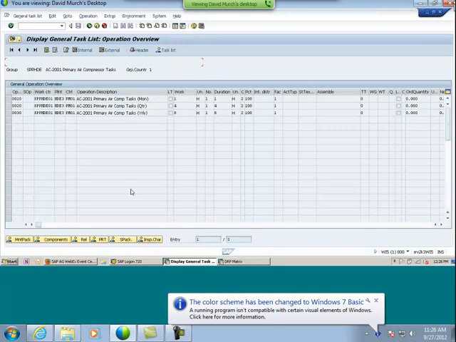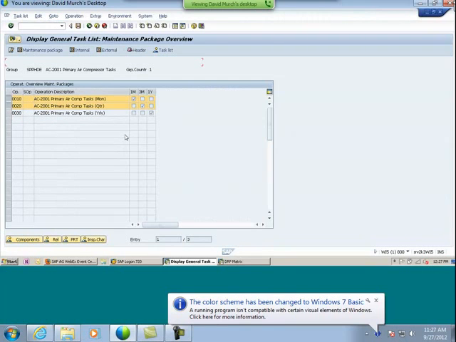But if we take a look at our task list, what we have is something you would expect to see on very basic air compressor maintenance. We're going to be doing monthly, quarterly, and annual maintenance on this. Specifically, if I look at the differences between the monthly and the quarterly maintenance, right now in this maintenance plan I've got two different frequencies that are mutually exclusive. So I should see materials on a monthly basis for one operation, and I should see a different requirement for the quarterly maintenance.